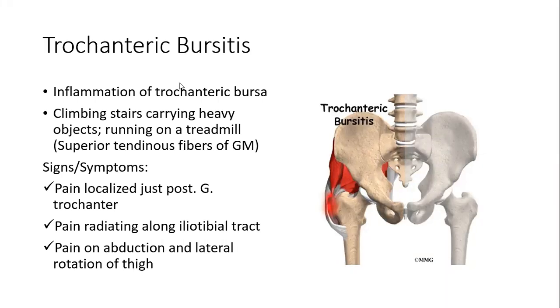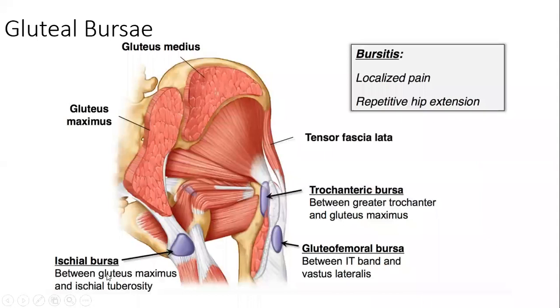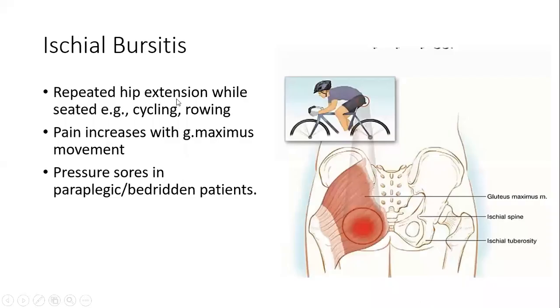Next, we have ischial bursitis. Where was ischial bursa located? Between the gluteus maximus and ischial tuberosity. Repeated hip extension while seated, for example, cycling and rowing, leads to the bursitis. Pain increases when gluteus maximus is made to move, and this commonly develops in patients who are bedridden for one reason or the other,